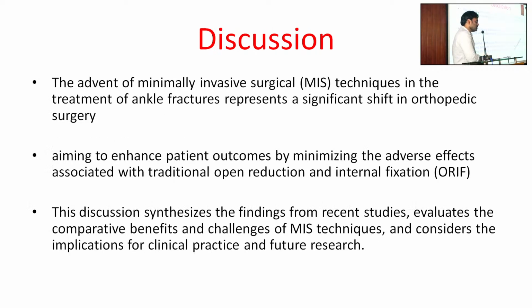Discussion. The advent of minimally invasive surgical techniques in the treatment of ankle fracture represents a significant shift in orthopedic surgery, aiming to